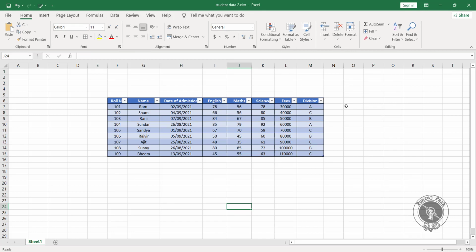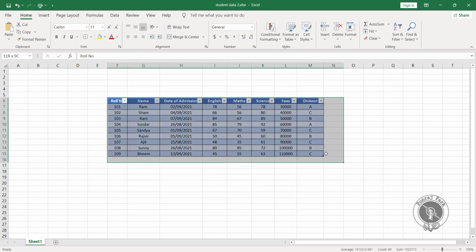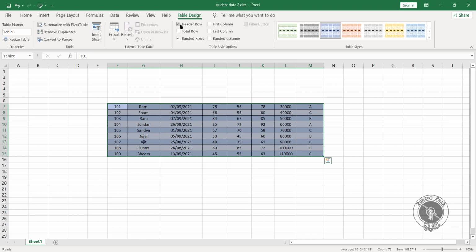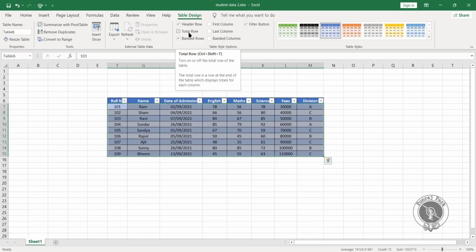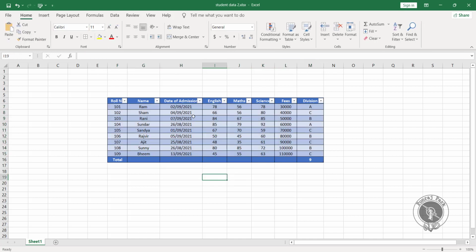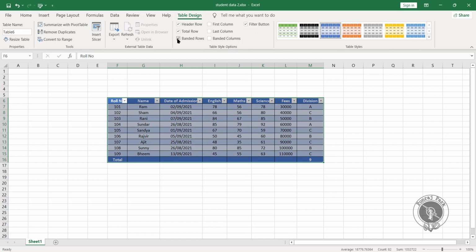You can see here my formatting to the table has been applied, and also you will get the option Table Design. In this Table Design, you can give more formatting to your table. Suppose you don't want the header, you can disable that from here. If you want, you can enable that. Then we have the Total Row. If you want the total row count, you can simply check the checkbox and enable it. Then we have the Banded Rows option, which is enabled. If you observe this table, we have banded rows: dark blue, light blue, dark blue, light blue. So these are the banded rows. If you don't want that, you can disable it. If you want, you can keep that.